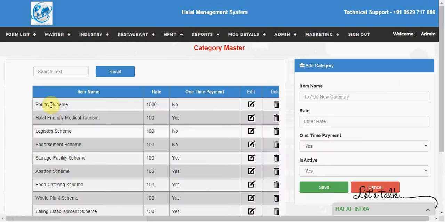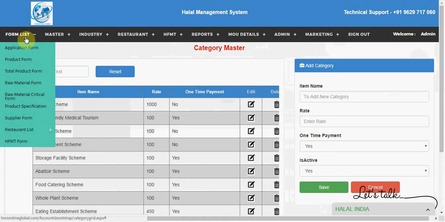The item master is nothing but the categories we are having for Halal certification. There is a poultry scheme or halal friendly medical tourism or logistics scheme, etc. And there's a form listed here. So generally the forms will be filled by the marketing department. To cross check, the admin can also see all the screens